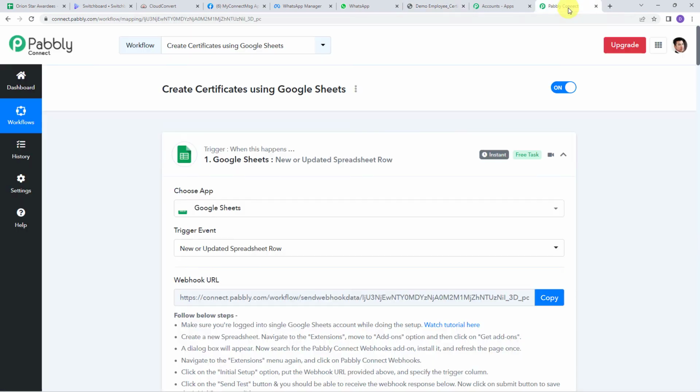So let's move back to Pabbly Connect. Now we have set up an automation. This is a one-time process. Next time, whenever you add new data to your Google Sheet, automatically a new certificate will get created using Switchboard Canvas and it will be sent to the employee on his WhatsApp number. So now we are going to check this in real time, whether our integration is actually working fine